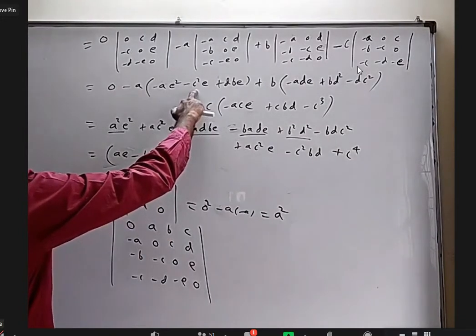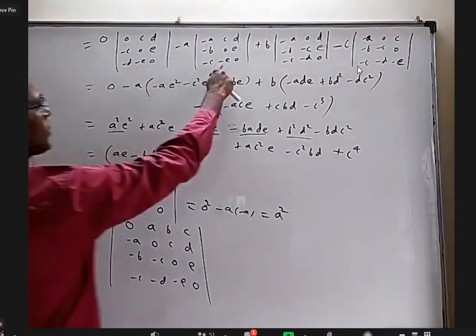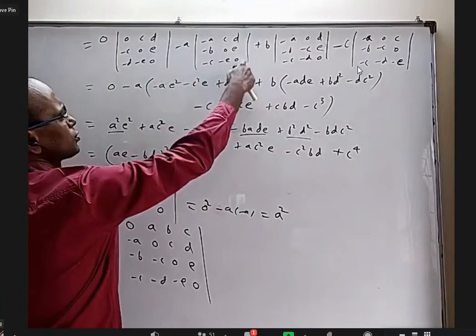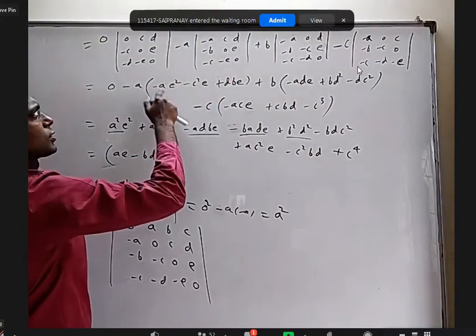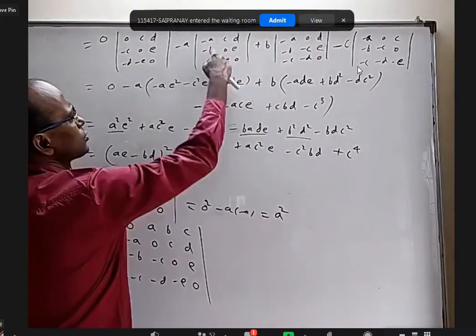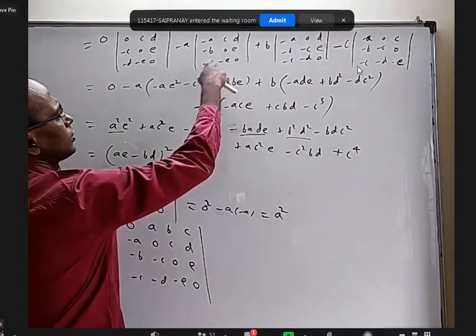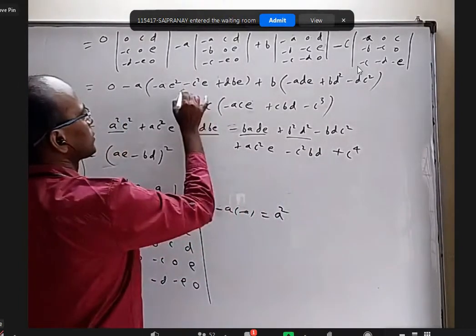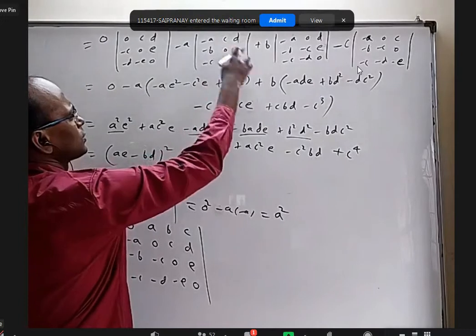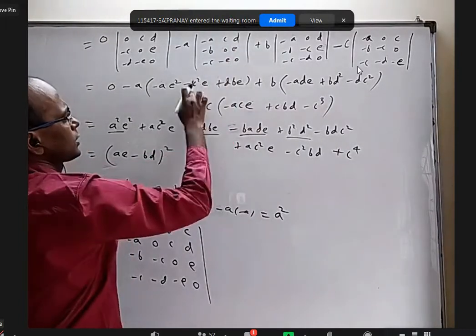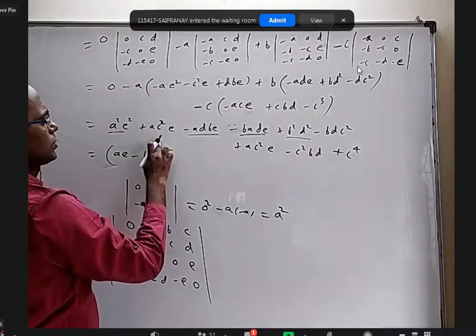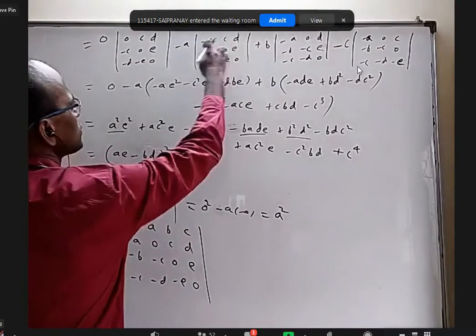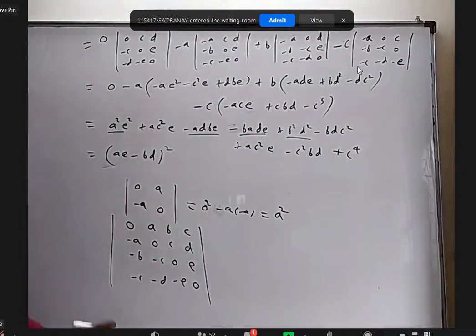Here, what did I get? This is 0. I'm coming to this side. So minus A is fine. Coming to this part, minus A into 0 plus E square. That is minus A square. Minus C into 0 plus C. Okay, this part, minus C into 0 plus C. So this is correct. This is wrong. So this is plus, this is also plus. And D into B positive, that is also positive.